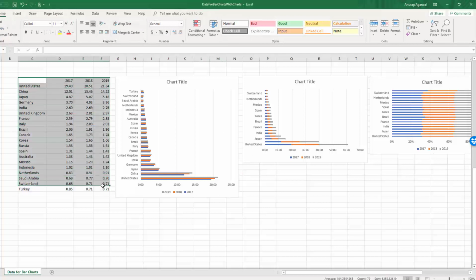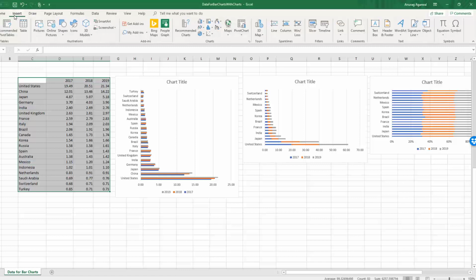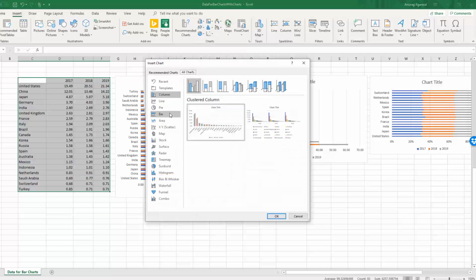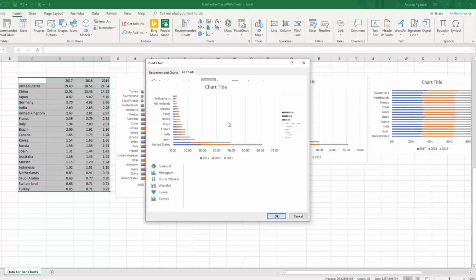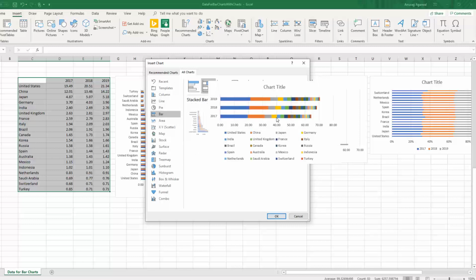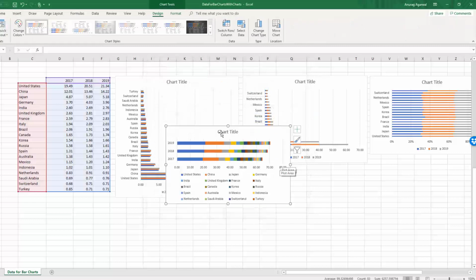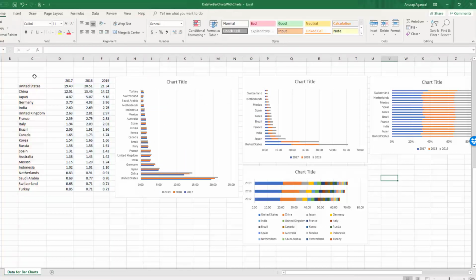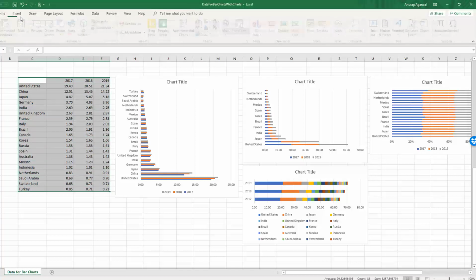We select the data again and say insert, more column charts. Now here we'll pick bar, we'll pick stacked, and here this is the default option and this is the option that we are interested in there. So this is better. And similarly, we can do 100% stacked bar chart,